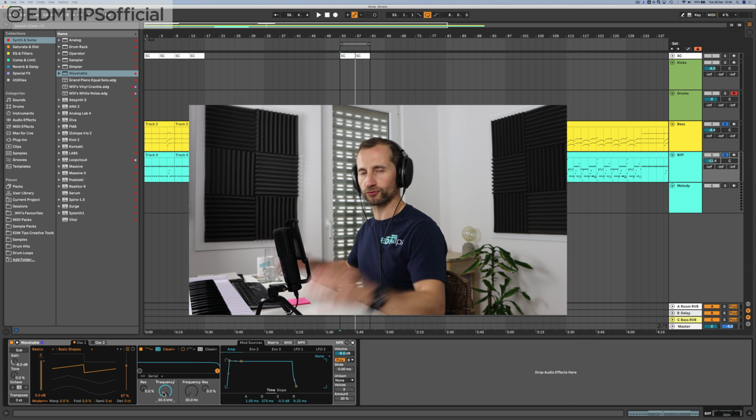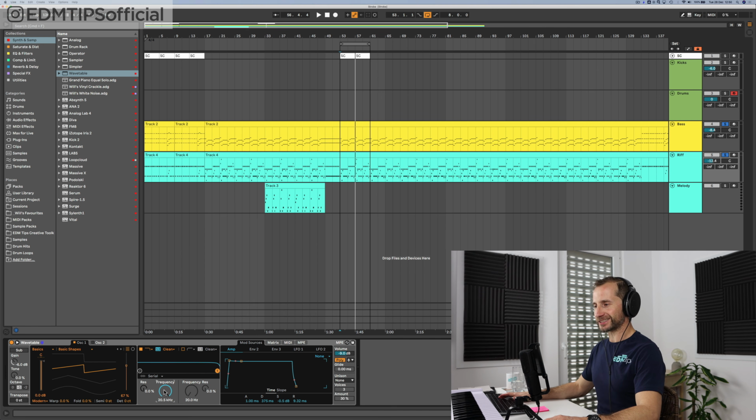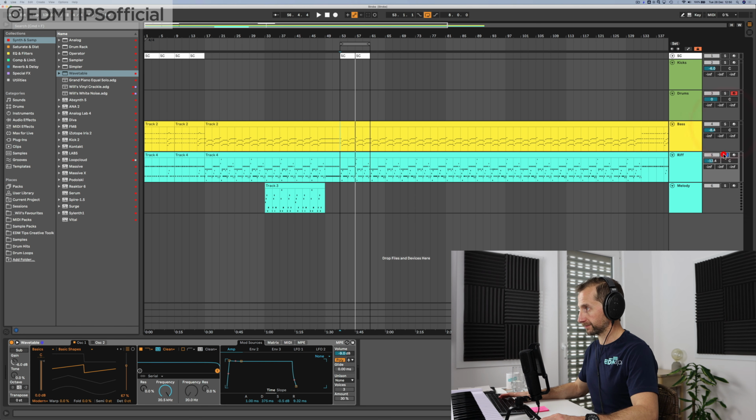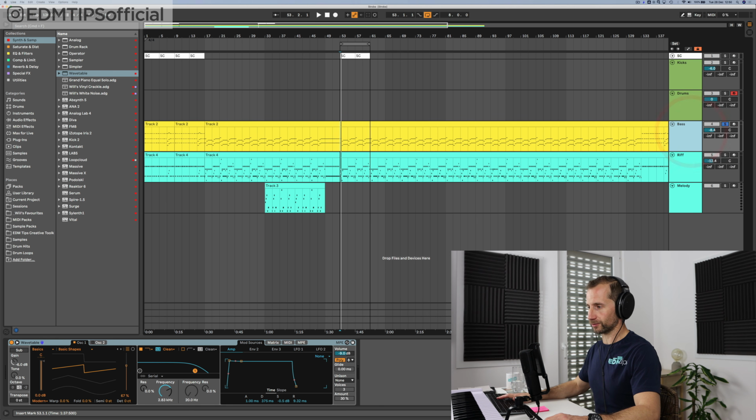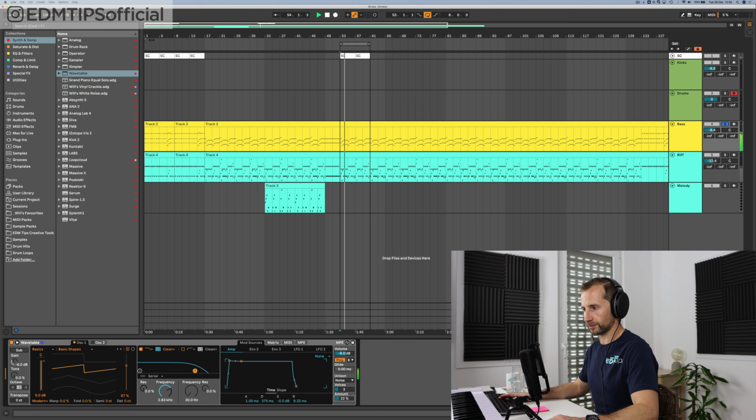Now what I'm going to do is richen that saw wave up by putting the frequency to the top in terms of the riff, just so there are more high frequencies coming through. And then I'm going to start applying some unison. So let's start with the bass. Let's choose unison noise. And this is just a bit of a grittier sound, which is why I've chosen noise. Don't want to do too much. So that's the bass line.